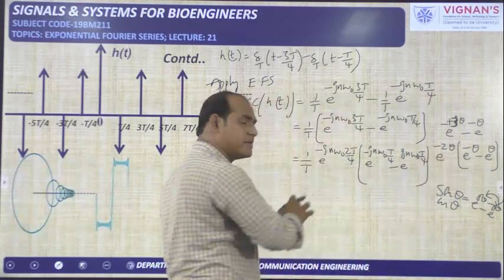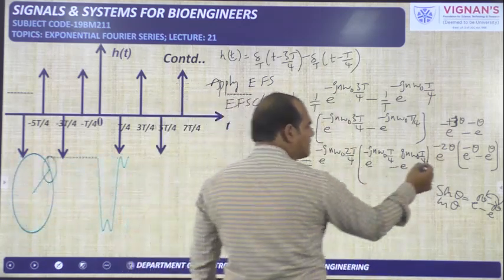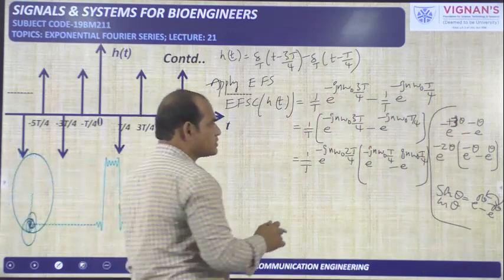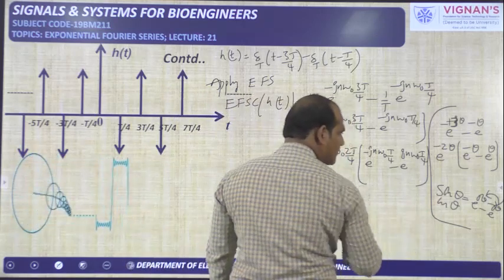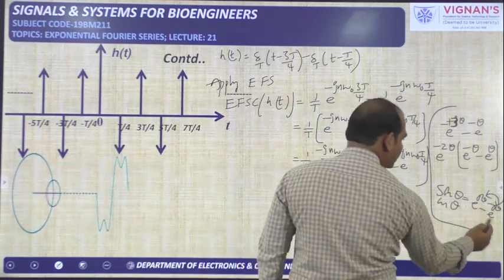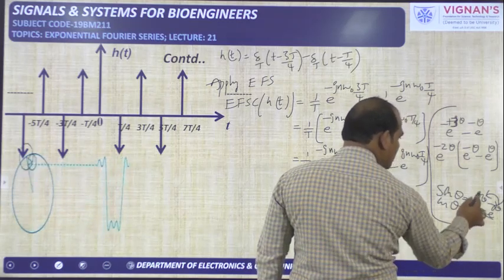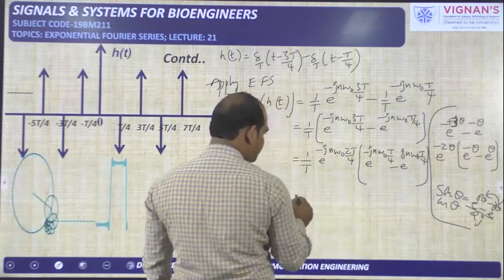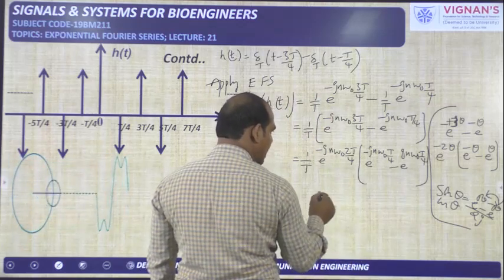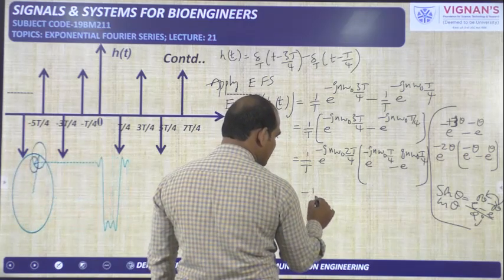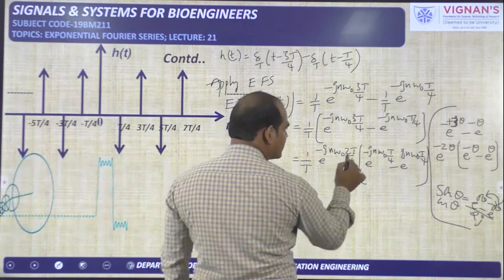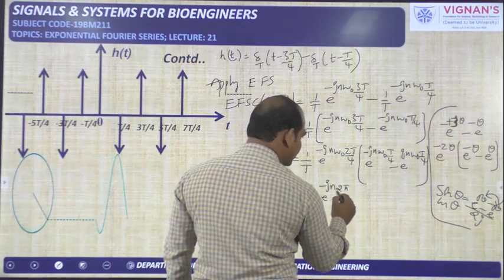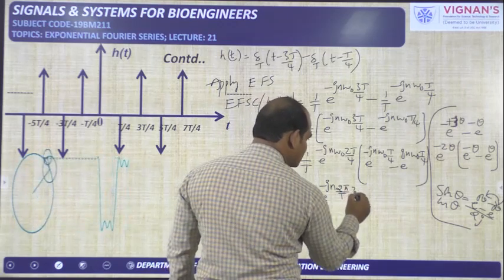Okay. So here many people will get confusion. Try to practice this one, then only without any confusion you can understand. Okay. So if you see sin theta formula, e power j theta minus e power minus j theta by 2j is available. So e power plus j theta means in front of this one positive is required, but here negative is there. So I am rewriting that one by taking minus as common. So that minus I am writing in front of this one, minus 1 by t. This is e power minus jn omega naught, I am writing as 2 pi by t. Okay, and it is 2t by 4.